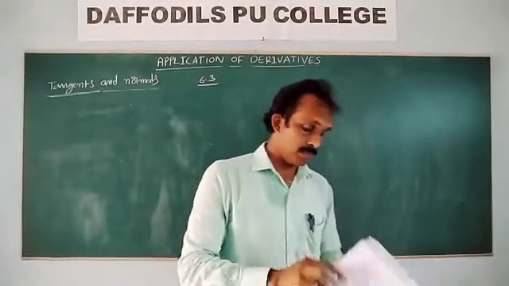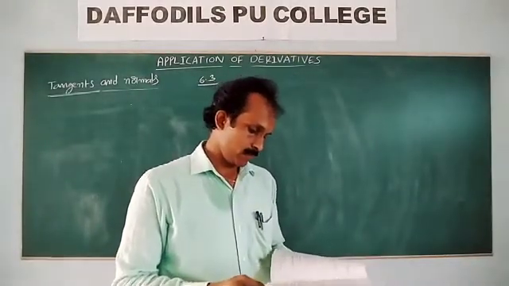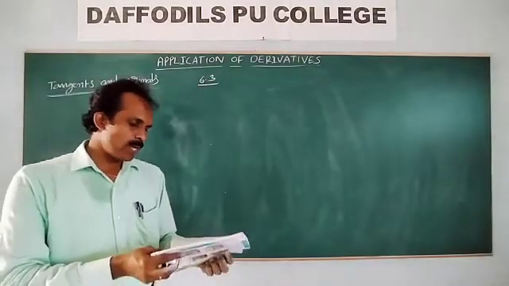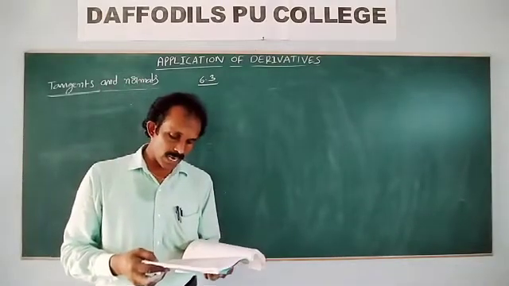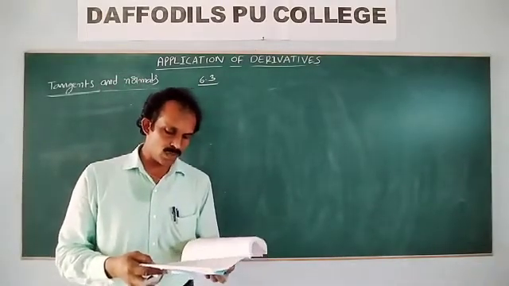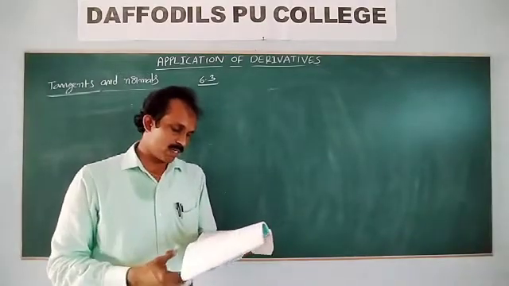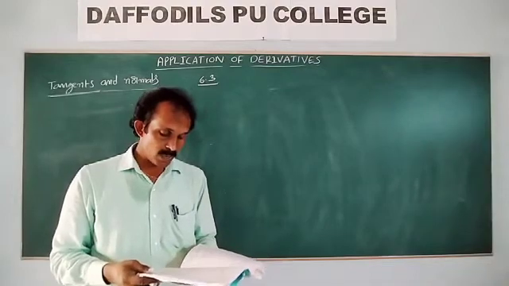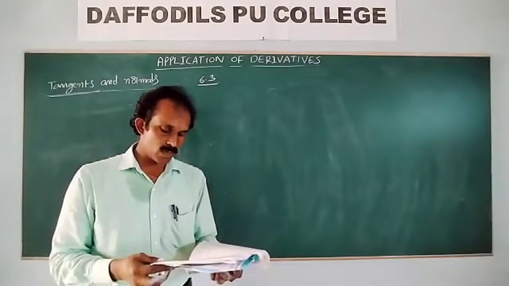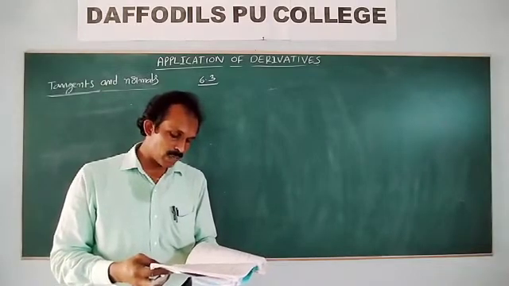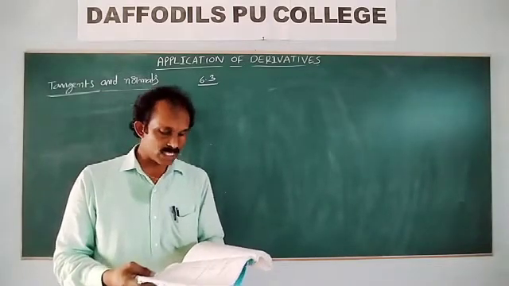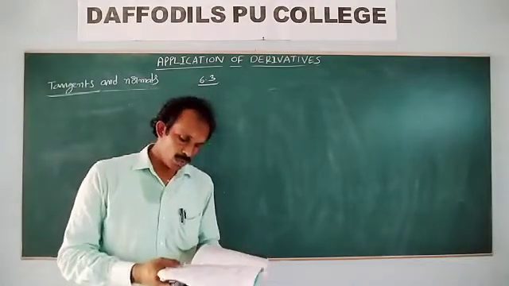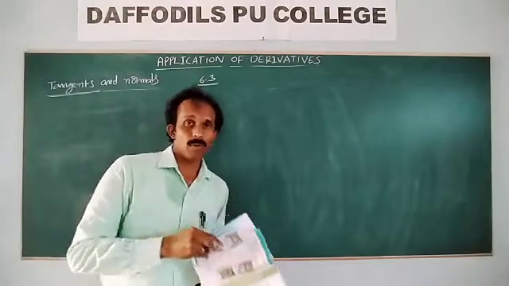Okay, next problem. Find the slope of the tangent to the curve y is equal to x cube minus x plus 1 at the point whose x ordinate is 2. Do this homework. Fourth question, find the slope of the tangent to the curve y is equal to x cube minus 3x plus 2 at the point whose x coordinate is 3. These are the same. So do these 3-4 problems as homework, and next, the fifth problem.